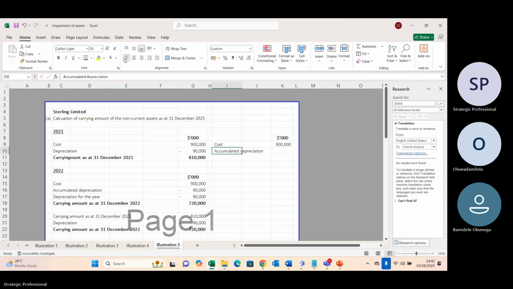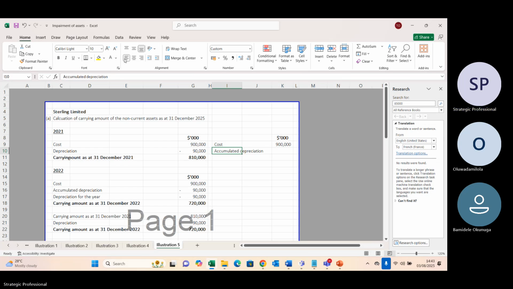Now, this cost is the amount of that asset in year one. Let me come down to explain this. This cost is the amount of the asset in year one. So it is work for you to now say 900,000 minus 90. That's the value as at 31st December 2025. No, that's not what you're going to do. What you're going to do is you need to also get the total depreciation from the time they bought the asset up to 2025. That is what you're going to do.